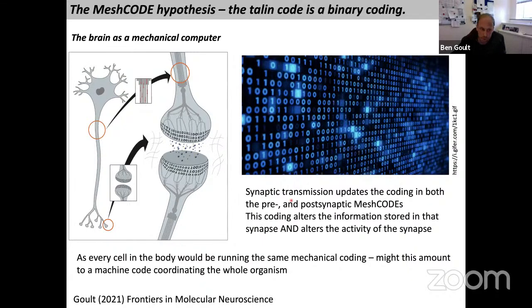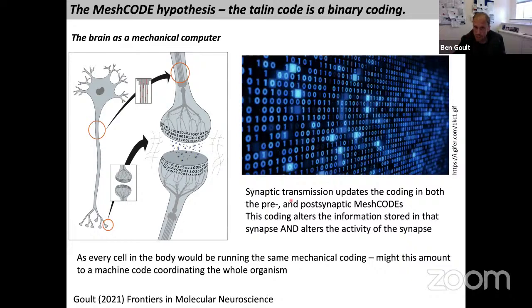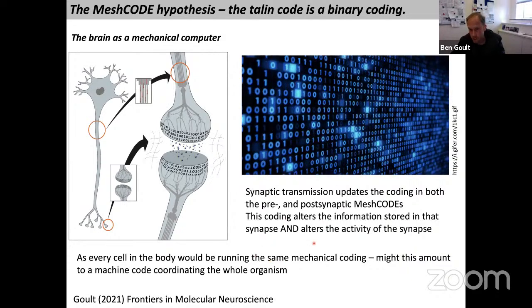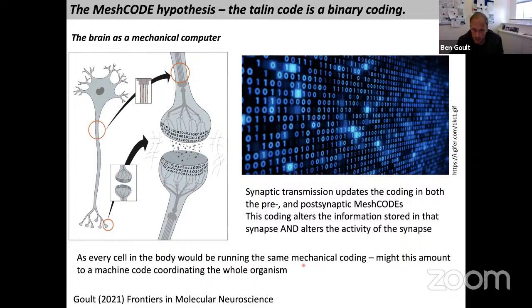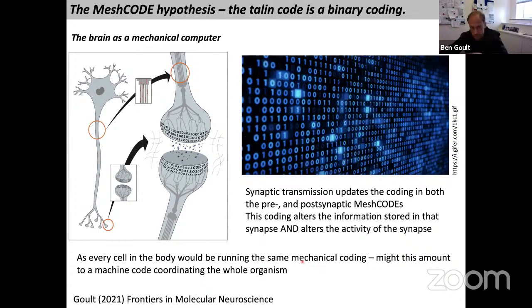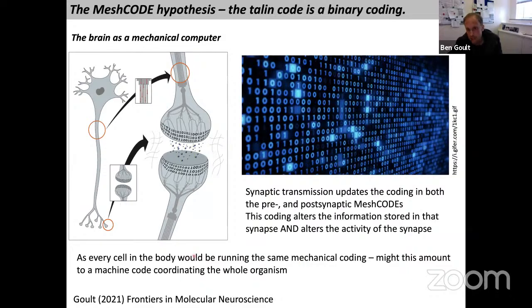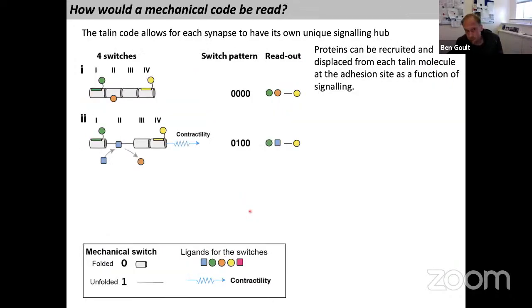And what's also quite exciting about this theory is that it could enable computation in the brain, but it could also enable, because all of our cells are attached, they've all got adhesions of some sort, then maybe all of our cells are running essentially a binary coding, where the patterns of them are instructing each of the cells how to behave. The computation in the brain sends signals to the different parts of the body, and it can all be written into some sort of binary coding. And a big question would be, how would this be read?